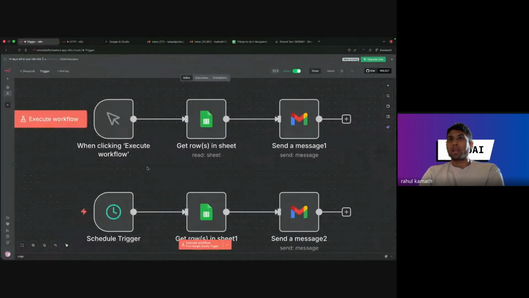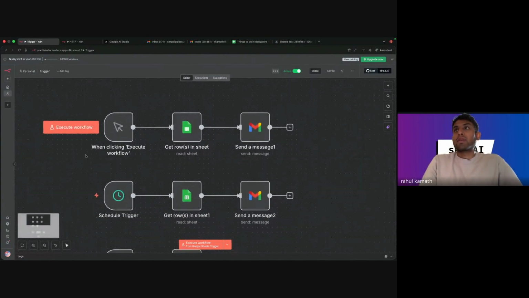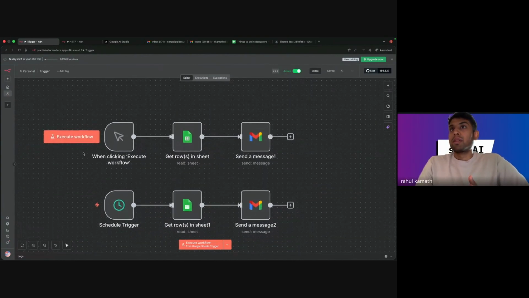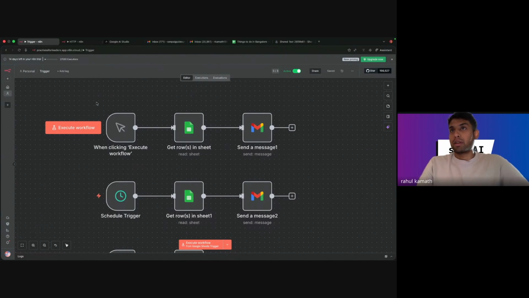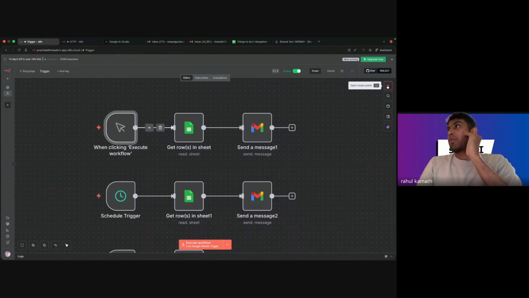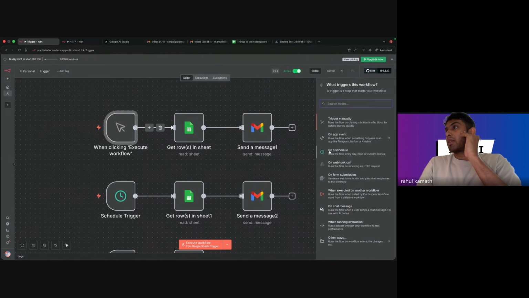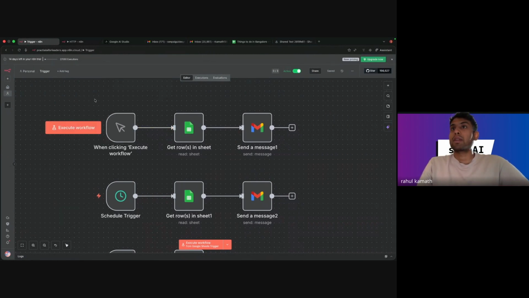Let me show you an example on N8N itself. So this is the N8N UI, and this is the canvas where you can build stuff. Here I've already set up a few triggers. So this is the add node button, and here you can see that everything is really visual, right? So all these are various nodes connected to each other, so you can really visualize what is happening. So if I click on start and add another trigger, you can see all the various triggers. I've already added one of the triggers here called when executing workflow. So this is a manual trigger. So the moment I click this, it's going to call the next nodes.